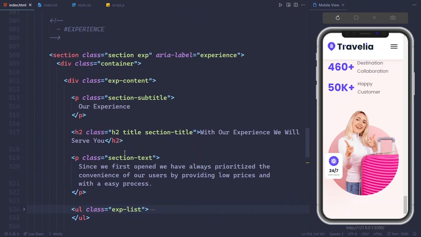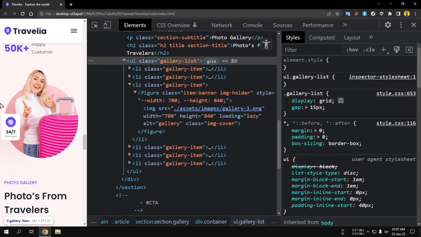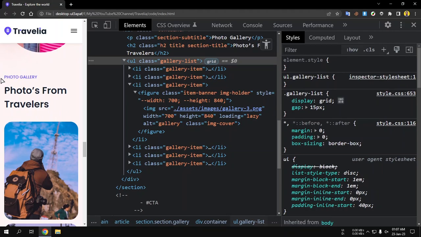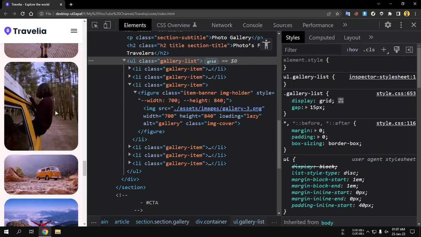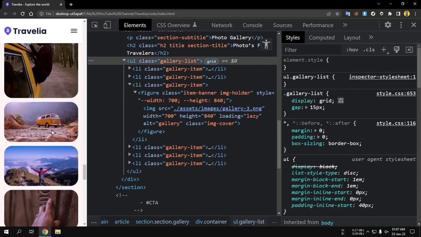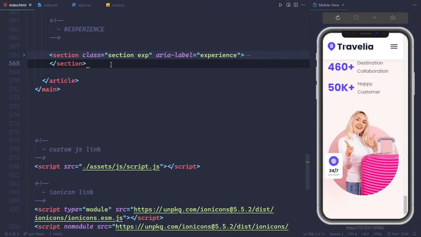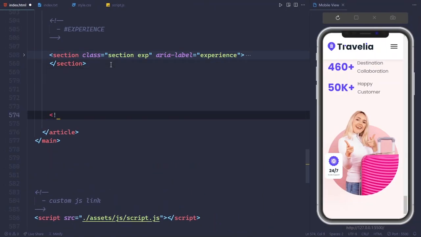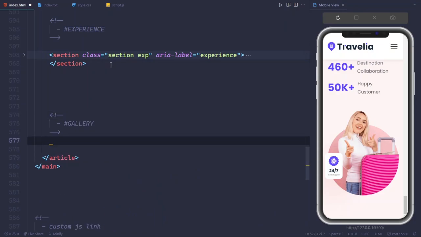Alright, let's see what we have to do for the gallery. So here's our gallery. For the gallery, as well as the section title and section text, and after that here are some photos you can see here. So nothing else, just some simple photos. So let's do this. First of all, here will be the comment for the gallery, and after that